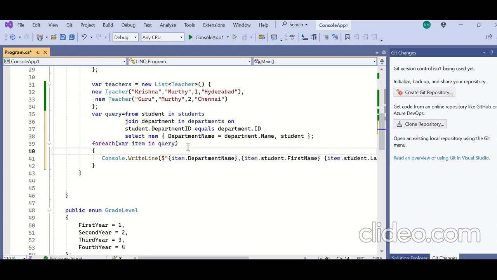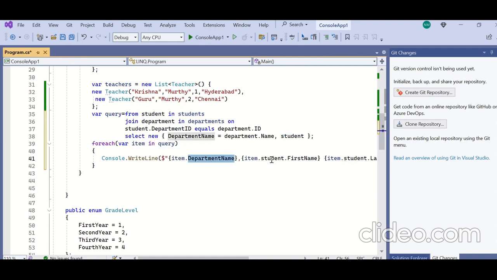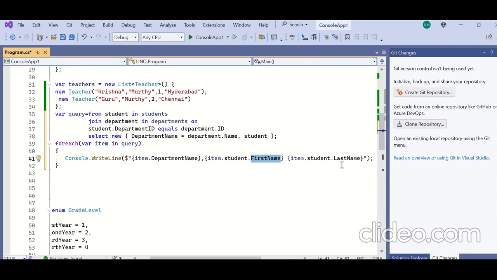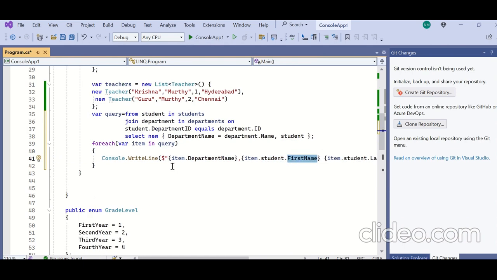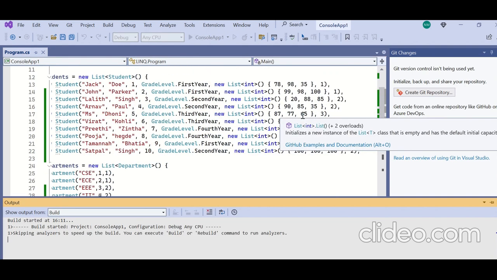So nothing, here we are returning department and student object. So this item will have two properties. One is department name and the other is student. So this student has its student specific features like first name, last name, id and all. So let me run this. So now you will be getting all the